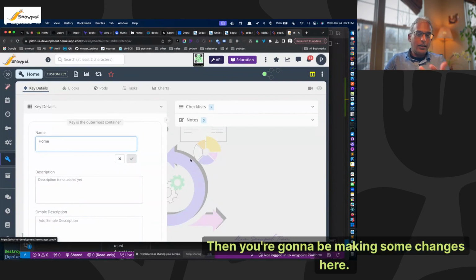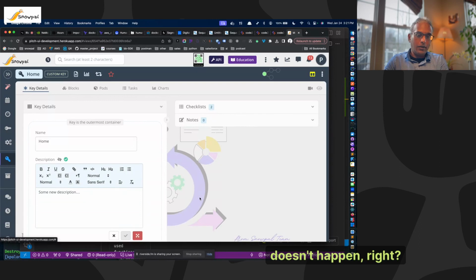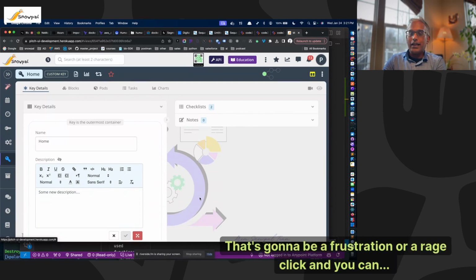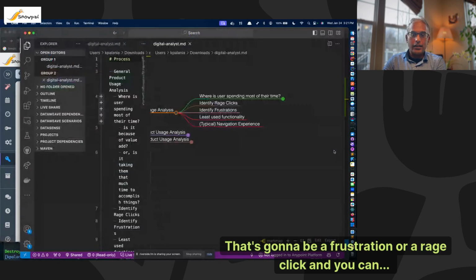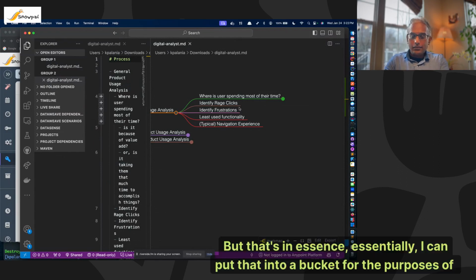Then you're going to be making some changes here. You're going to say some new description, and then you're going to hit save, and then it doesn't happen, right? It doesn't save or something like that. So the user hits save 3 times. That's going to be a frustration or rage click, and you can find out what the finer nuances and differences between those terminologies are. But essentially, I can put that into a bucket for the purposes of this